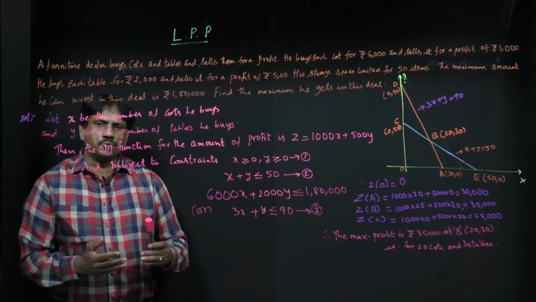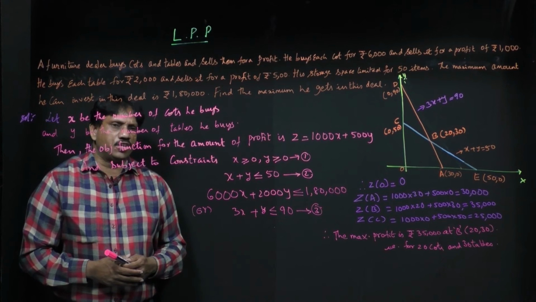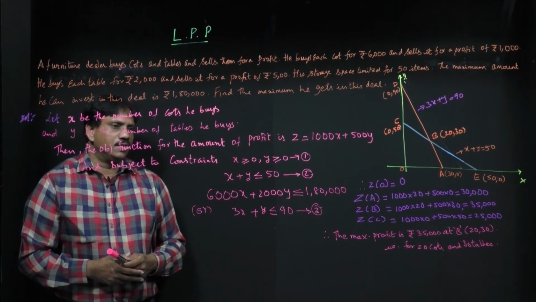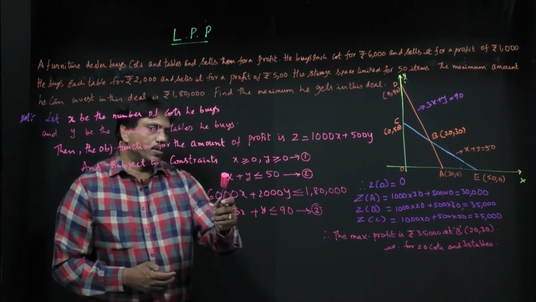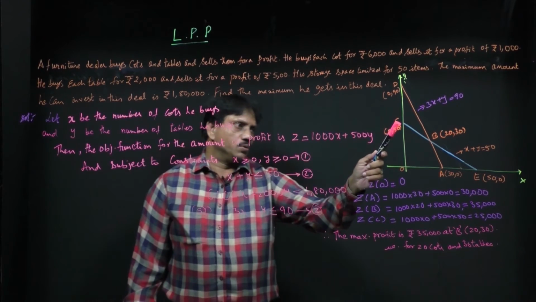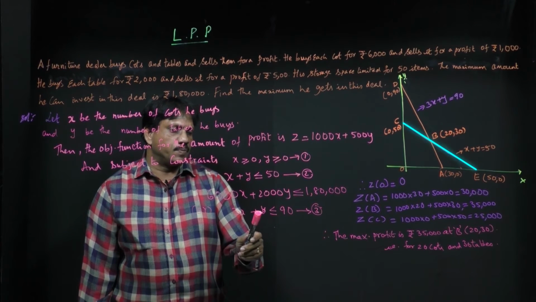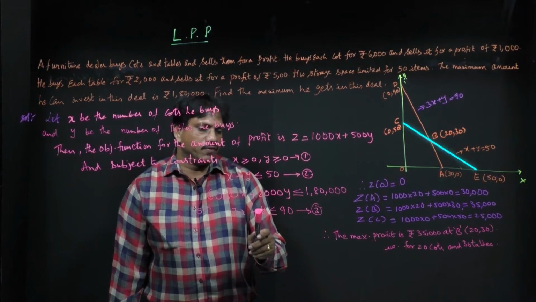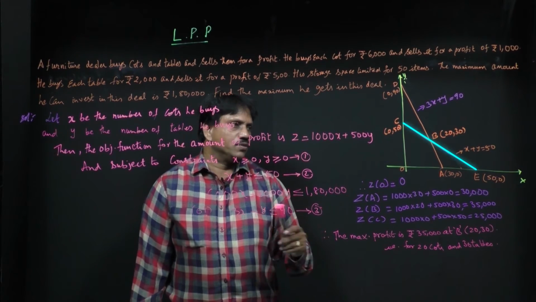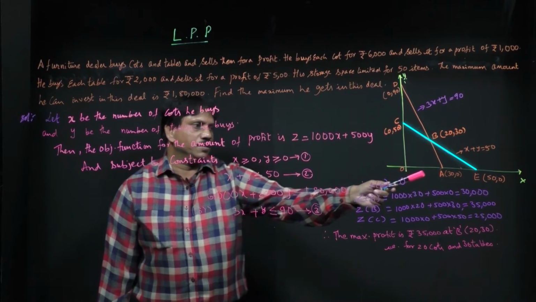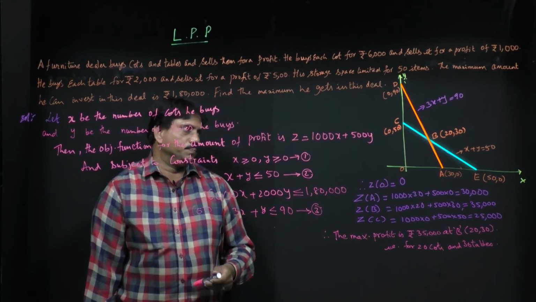Now students, you know how to solve this by the graphical method. You have to plot x plus y equal to 50. By putting x equal to 0, you get y is 50. By putting y equal to 0, you get x equal to 50. So this is the line x plus y equal to 50. And we want 3x plus y equal to 90. By putting y equal to 0, you get 3x equal to 90, so x is 30. So the point is 30, 0, and the other point is 0, 90 by putting x equal to 0.